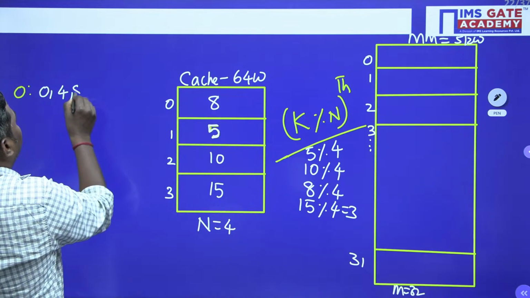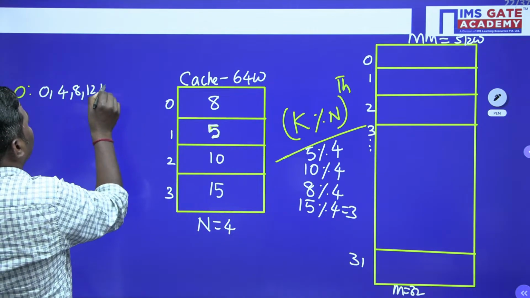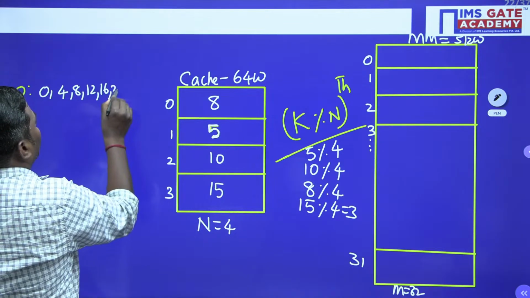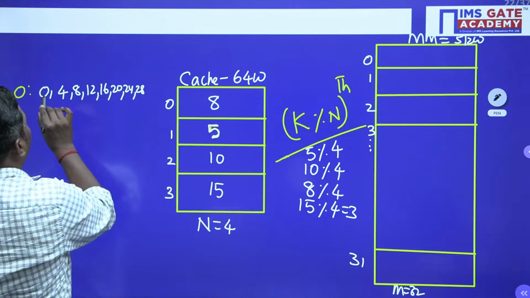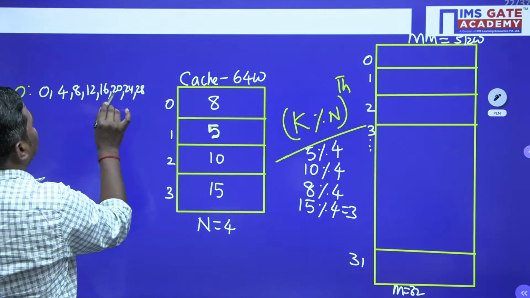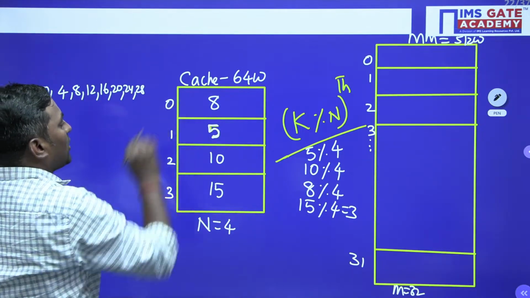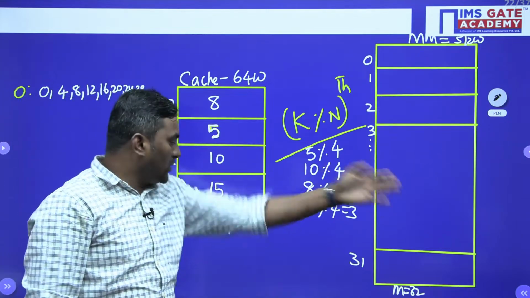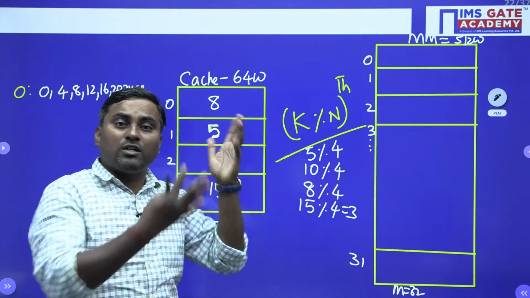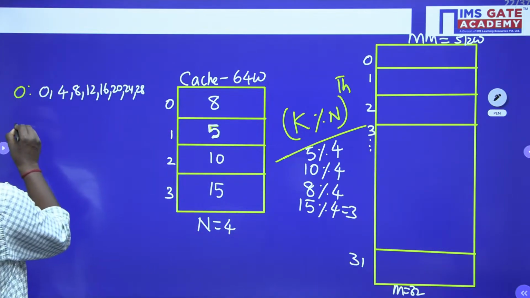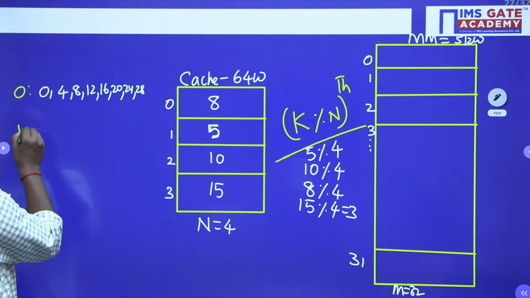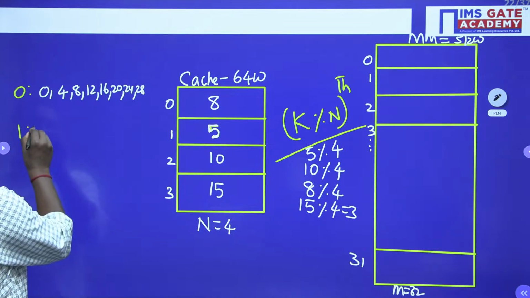Block 8 will be there, block 12 will be there, 16 will be there, right? 20 will be there, 24 will be there, 28 will be there. So 1, 2, 3, 4, 5, 6, 7, 8. 8 blocks are mapping. Simply, 32 by 4 is 8. 8 blocks will map to one location. Similarly, for block number 1,